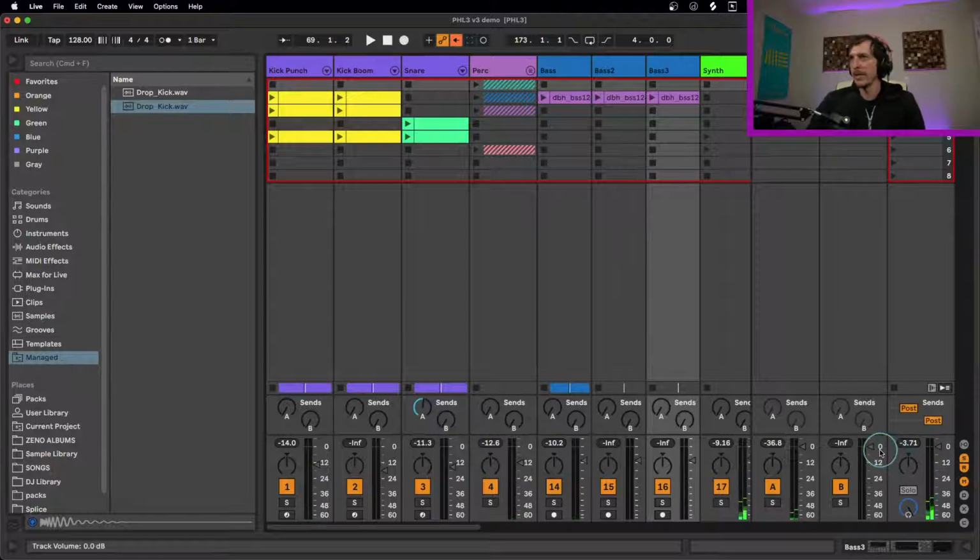All right, so if we're talking about headroom, we take a look at the master right here. I've got 3.7 decibels of headroom, which means the space between the loudest part of my song and 0 dB is almost 4 decibels. This is especially important when it comes to mixing, because if I have basically everything at 0 dB, if everything is turned up all the way,